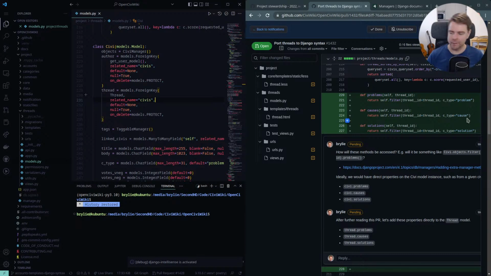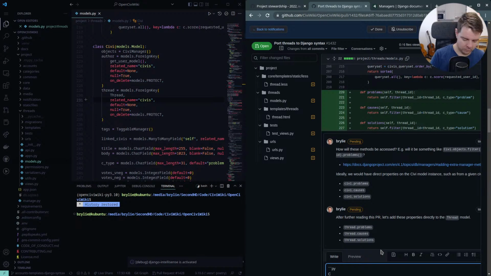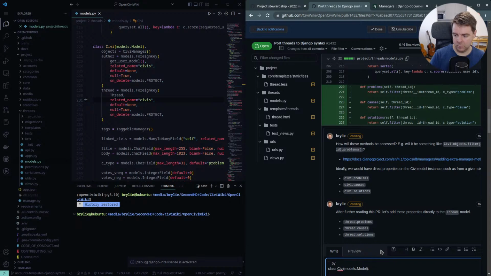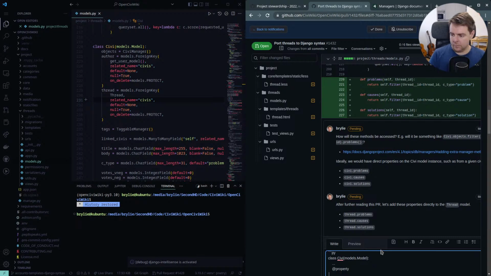I think this is a little cleaner. Self dot thread model.